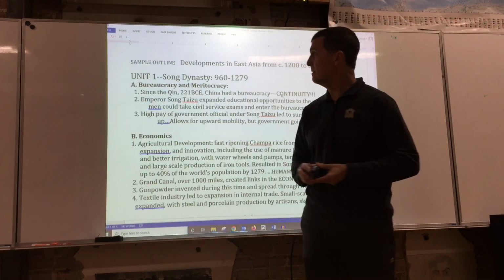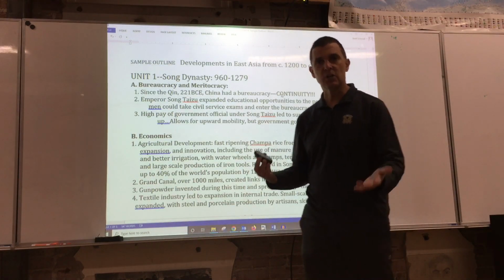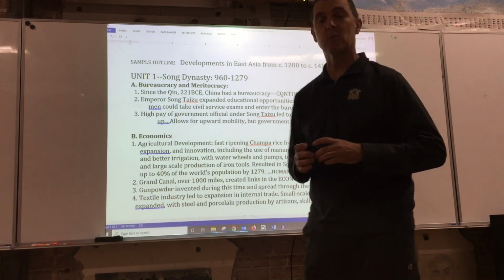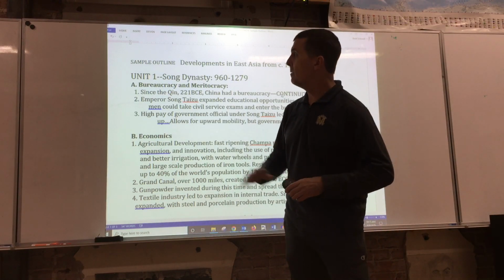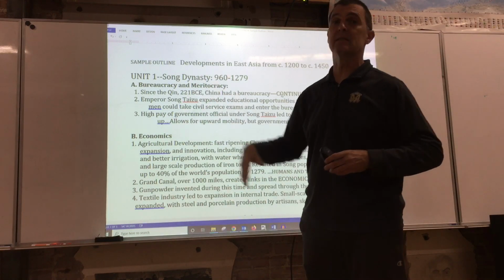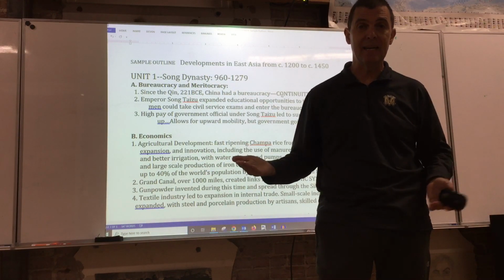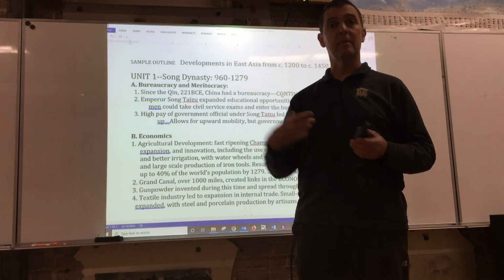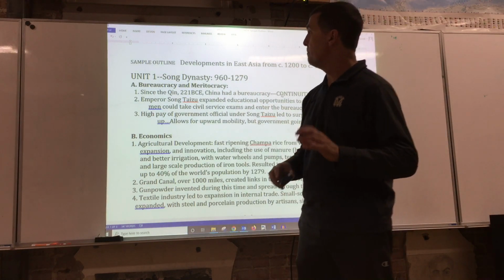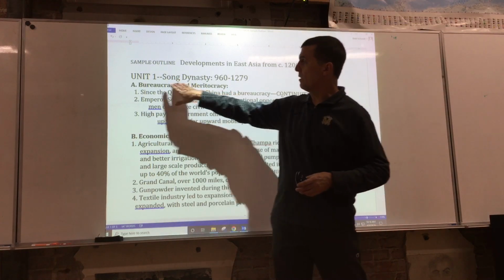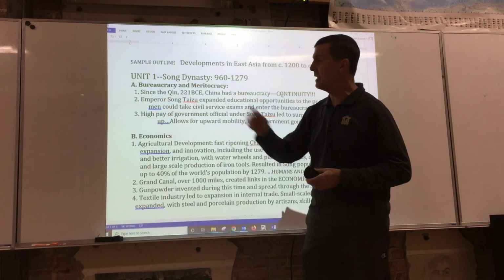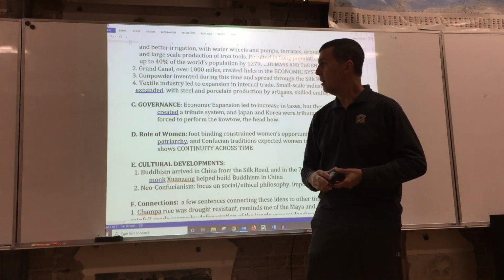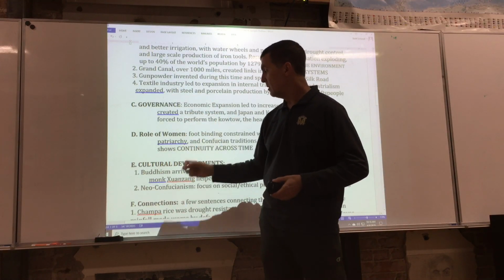So here is an outline. This, I think, is a good sample outline for the first one, Developments in East Asia from 1200 to 1450. The focus of this is on the Song, because that is the most important development in East Asia. Sorry, Japan. But Japan and Korea, we could talk about developments there as well. I've put in here in bold some of the big headings: bureaucracy and meritocracy, economics, role of women, governance, cultural